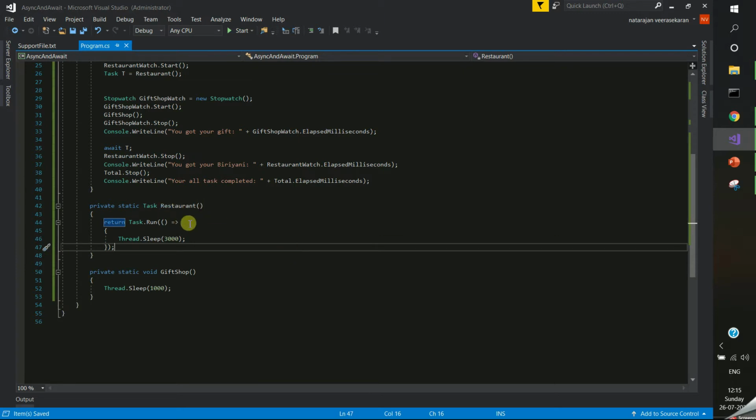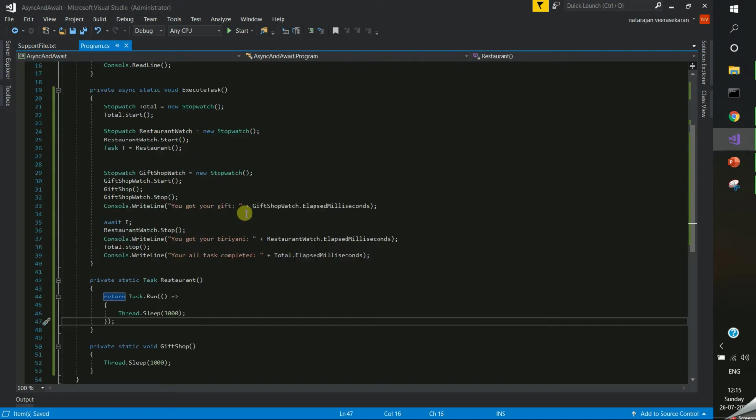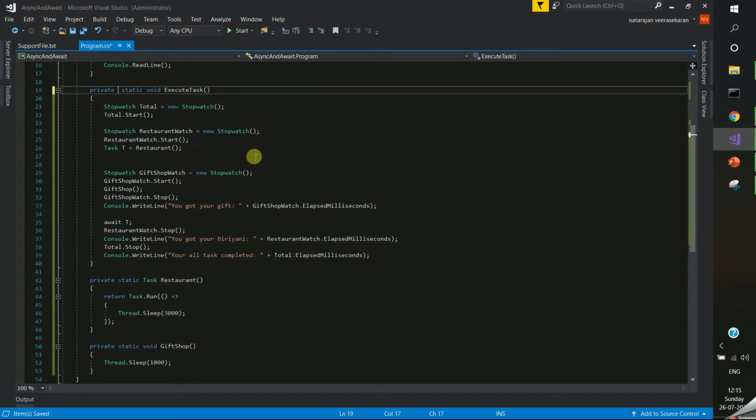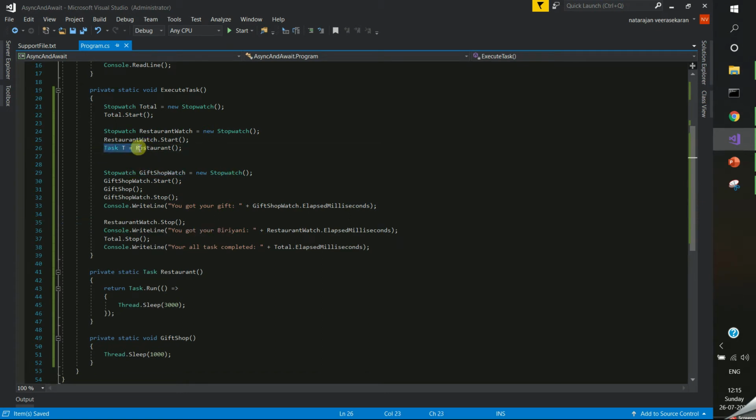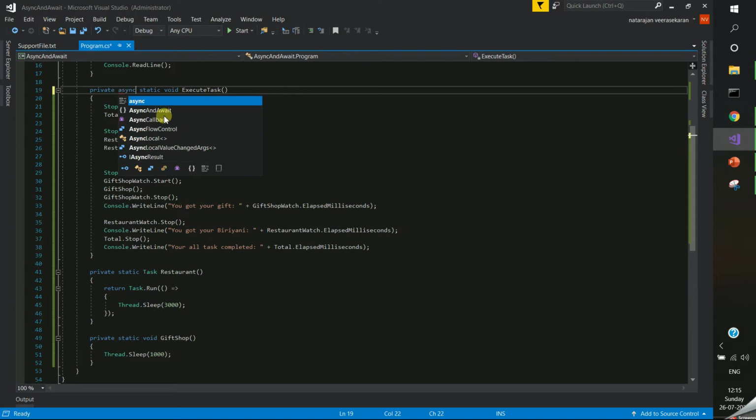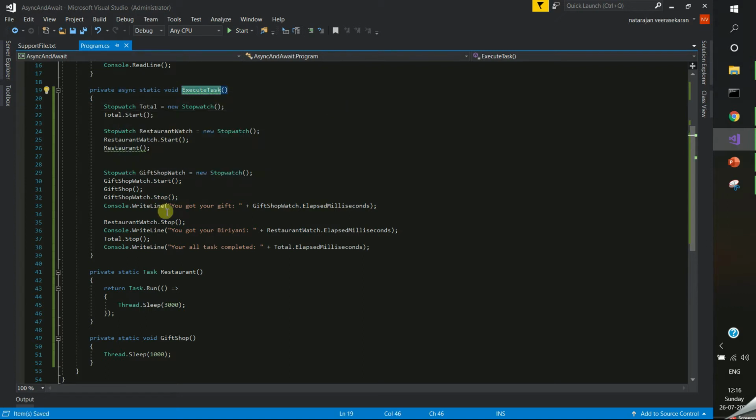So you have to remember that whichever method is going to be an asynchronous process should return Task, so that we are able to handle our process. Okay, I am splitting it as a task here. Why do we need the async? I don't need async, right? Let me remove this. I removed this one also. Just having it like this, it will still do the asynchronous process, but the problem is we have to denote that this restaurant method is going to be asynchronous. So the calling function, the main function, should have the async property, so that our compiler will understand this method is going to have some asynchronous process. Okay, we kept it like this.